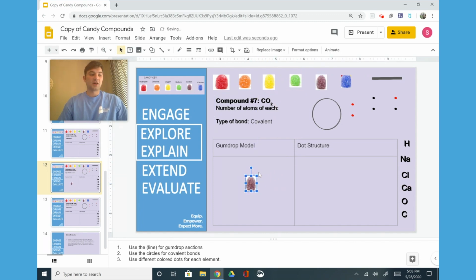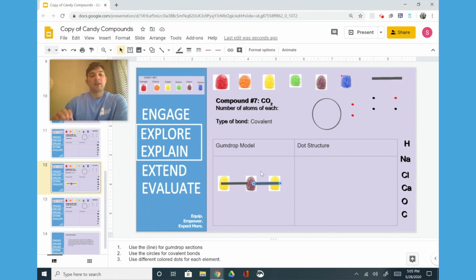And then you got your oxygen, which is going to be yellow. And you actually see mistakes when students start doing this lab. Where they put the element is actually very important because they have to think about the actual structure of it as well. But when they make the model in the lab itself,